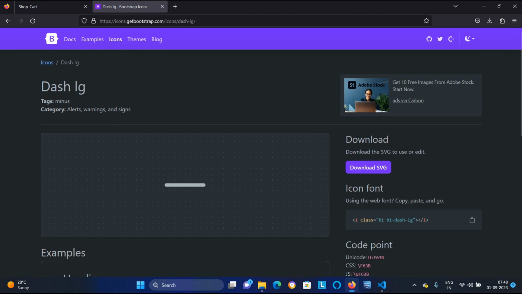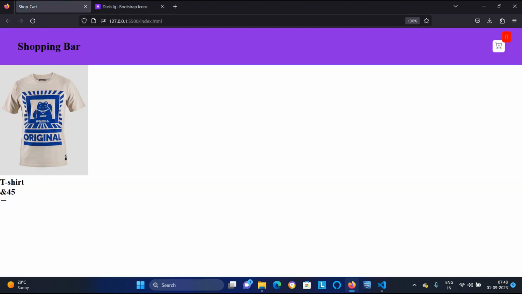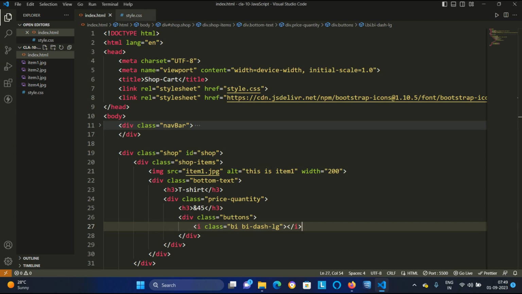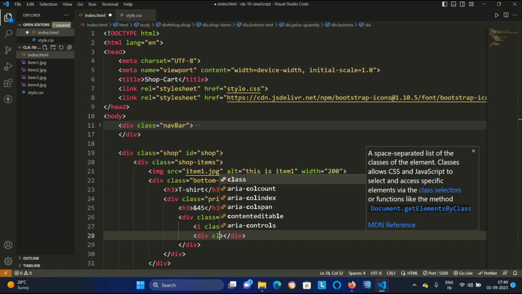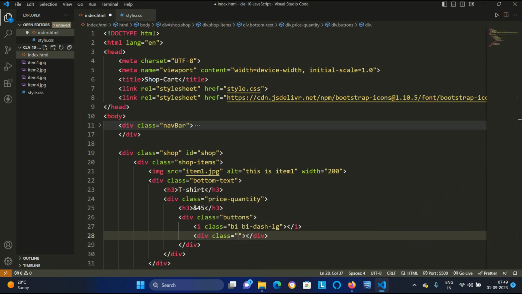Go back to SOAP cart. You are looking, the minus sign is coming. After this minus sign, I am creating another div, saying it as the class of cart amount.